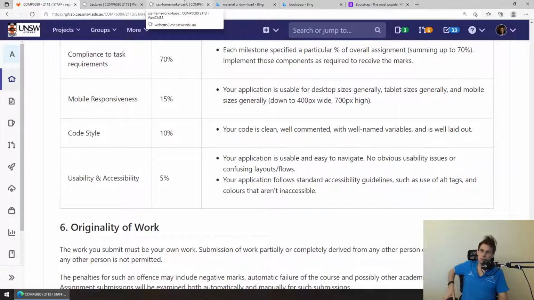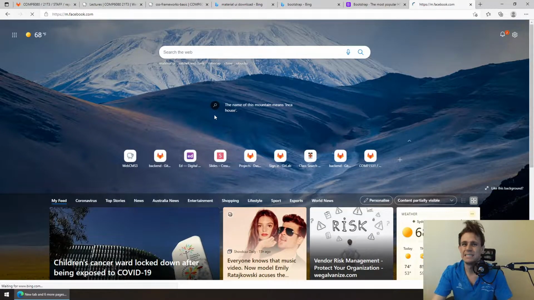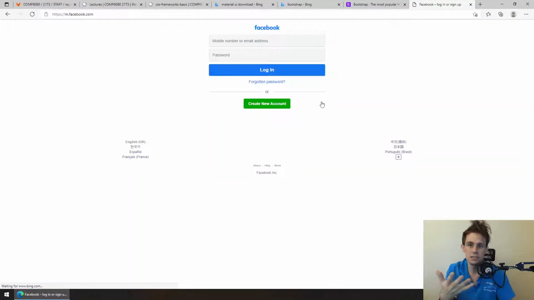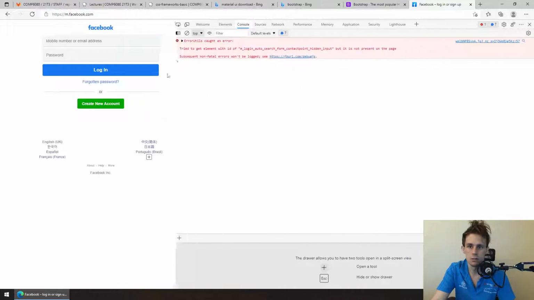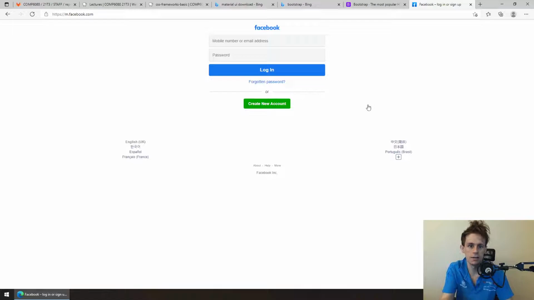Some things look good when it's just a big mobile. There's some websites you've probably gone to that are actually just designed for mobiles. I'm trying to think of one, but nothing jumps to mind immediately. I mean, m.facebook.com might be one of them. This is like a mobile Facebook site. It doesn't look terrible, right? It's not quite Facebook, but it's designed for mobile. It looks fine, right? It's just literally the page is bigger. So that's why I recommend